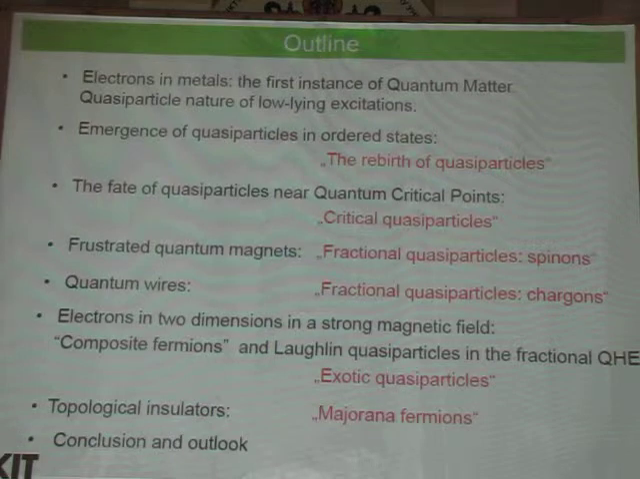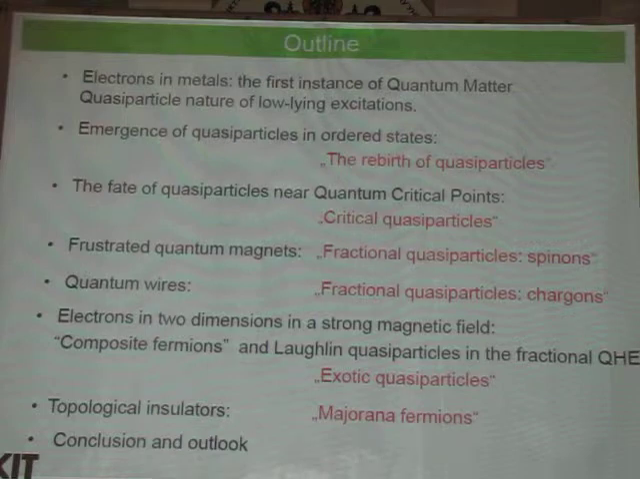We'll mostly be talking about electrons in metals. And electrons in metals were actually the first instance of quantum matter to be discussed in physics, already in the 1920s, when quantum mechanics had been invented. A very important framework for the description of quantum matter is the idea of quasi-particles: the idea that low-lying excitations in these systems can be described by a few particle-like excitations. And as we go along, it will be interesting to see how these quasi-particles change